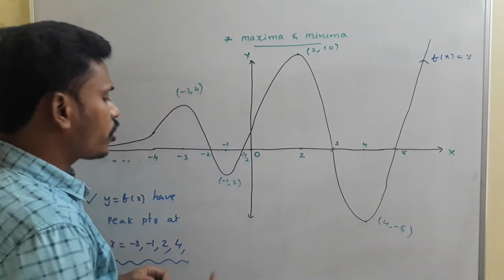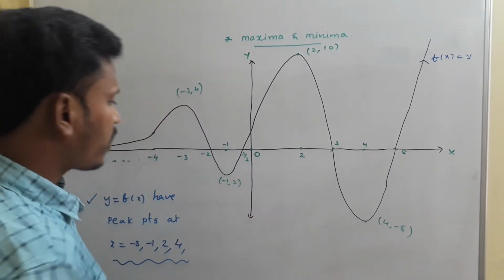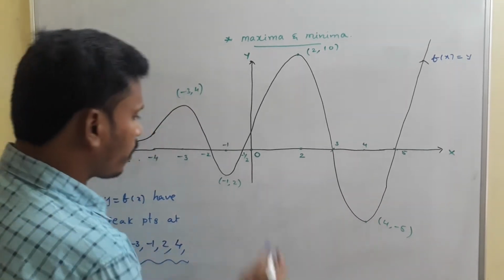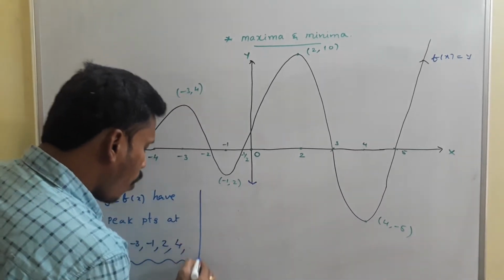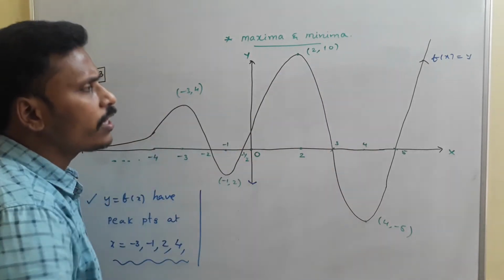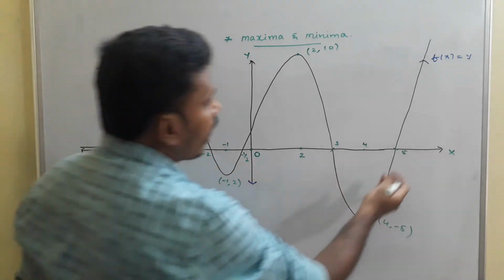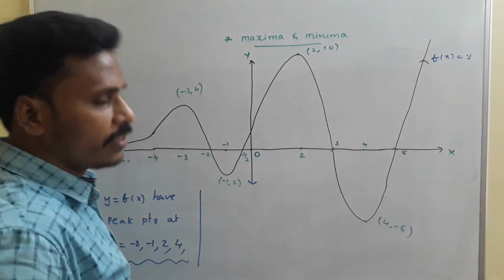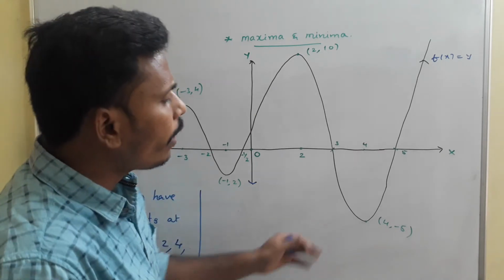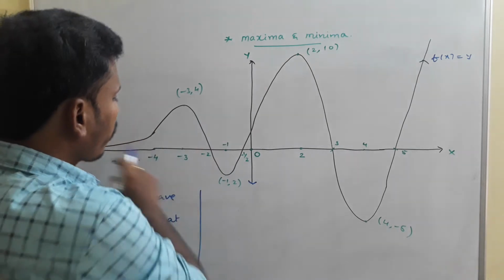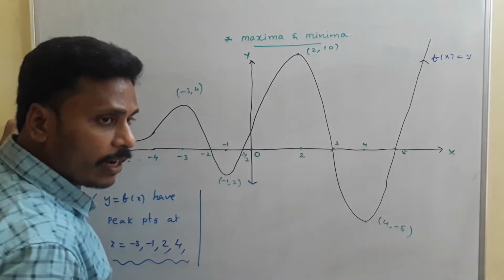Okay, see, there is a chance to generate different statements from this graph. I will mention one by one. Suppose you consider total y is equal to f of x, since the graph is continuously increasing and since the graph is continuously decreasing, there is no chance to mention a maximum value for f of x as x belongs to the complete real numbers.